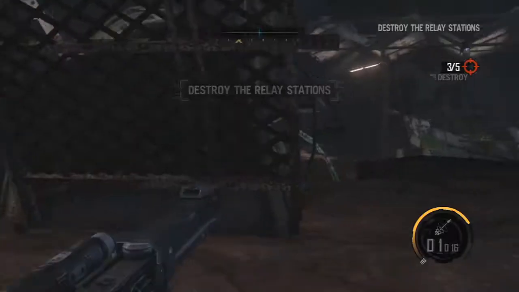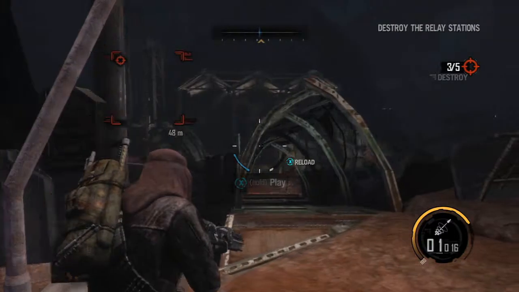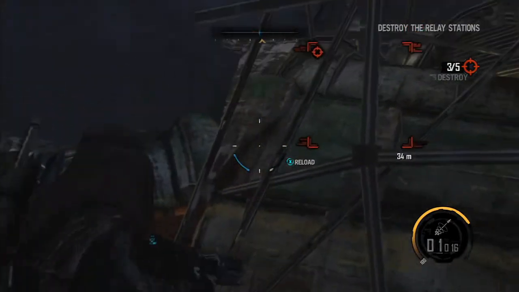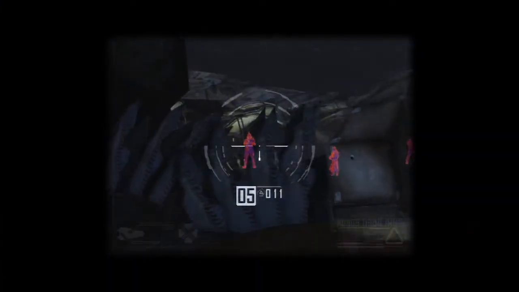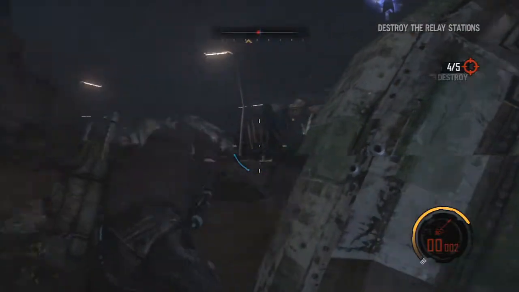With 3 of the 5 relay stations taken down, he's now going to have to head a little deeper into the area where it's a little more heavily defended. So even when there are plenty of enemies around, if you're tactical and take it a little slow, you can take them down pretty easily. It sounds like there's a Shiva in the area, which is a cultist